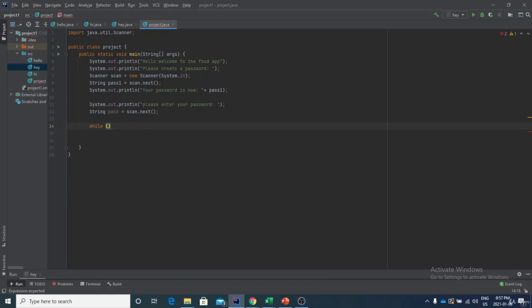We need to write down a certain sentence if pass number 1 is not equal, well, if pass, which is here, is not equal to pass number 1. So basically this is exactly what we're going to try. So in our case, if pass is not equal,